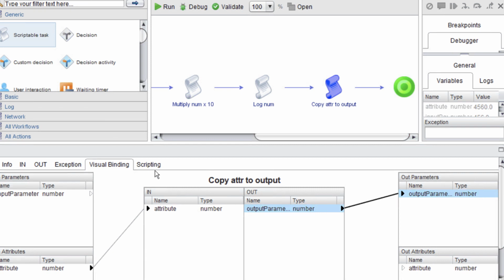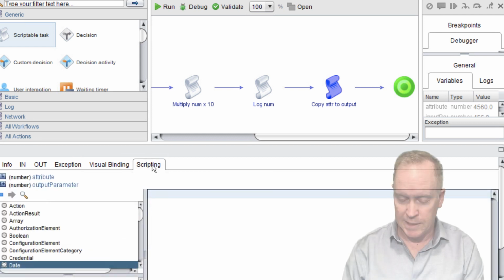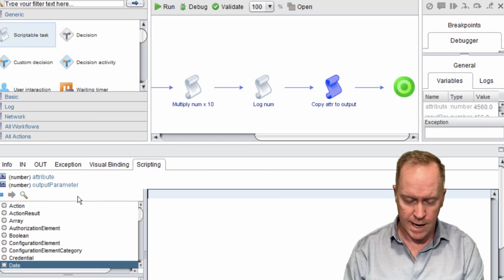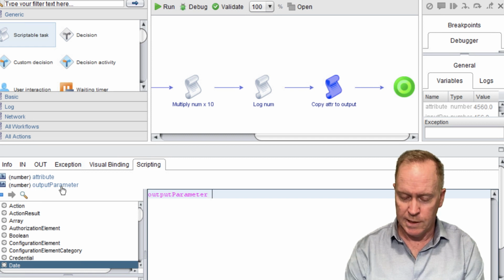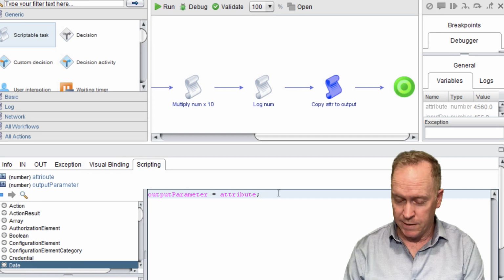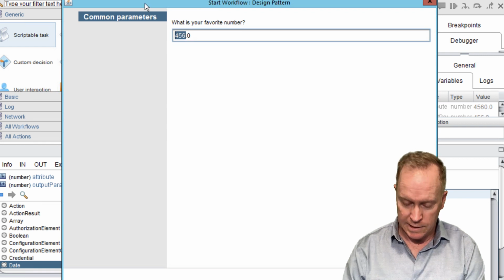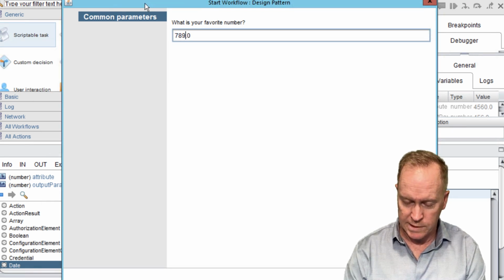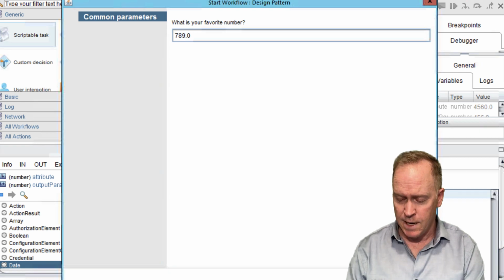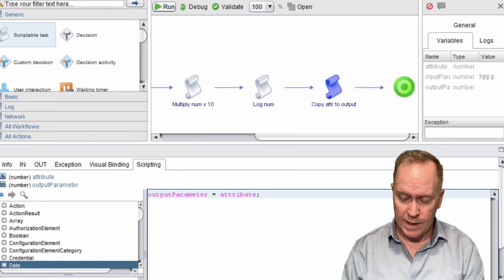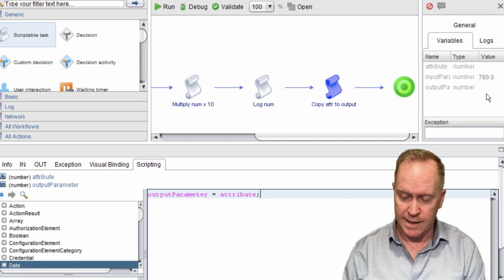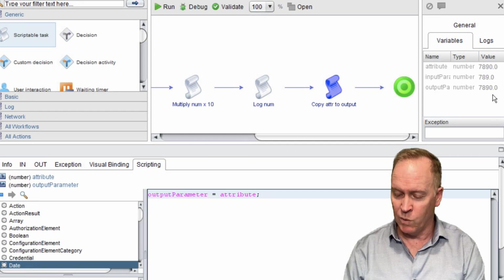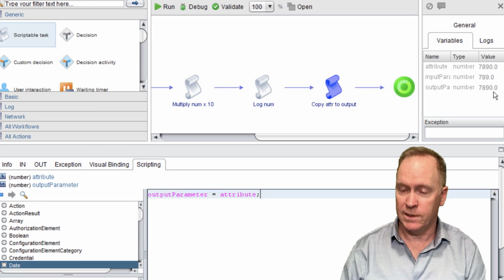Now again, I need a little bit of code here, but once again, the code is very simple. I'm going to go to the scripting tab and say that the output parameter is equal to whatever's in that attribute. And I'm done. To show you it working, let me run the workflow. Again, to distinguish from other workflow runs, I'll say my favorite number is 789. I run the workflow. And whereas before the output number was blank, notice this time the output parameter has been set to the value